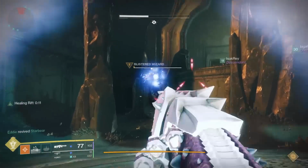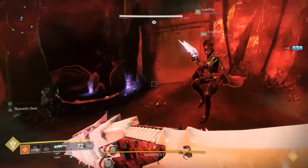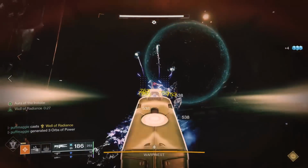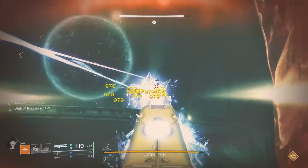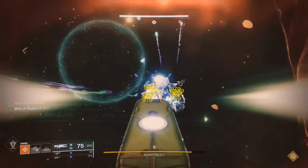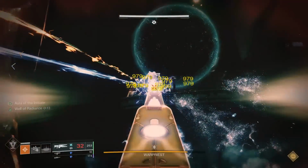And last but absolutely not least, number 10, Divinity. Yeah, I'm fully aware that the weapon is getting nerfed in Season 19 following a huge community debate about the power level of the weapon in general. In Season 19, Divinity is getting its weapon debuff potency taken from 30% down to 15%. But even with that nerf, there is zero doubt in my mind that Divinity is going to remain a god